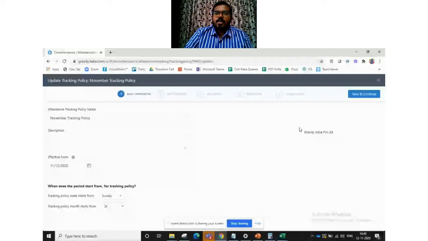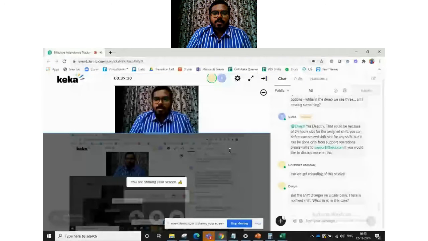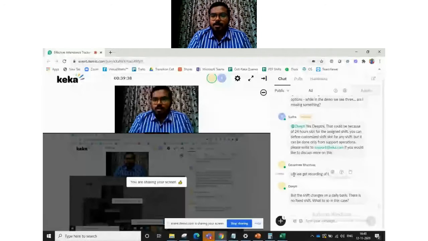And of course, we want you to use this tracking policy effectively, from a punctuality point of view or your workload point of view. It is going to help your organization so much if a tracking policy is in place, so that employees stick to it and work accordingly in an effective way. So this is about the tracking policy.